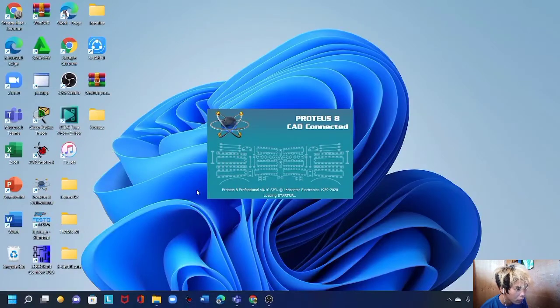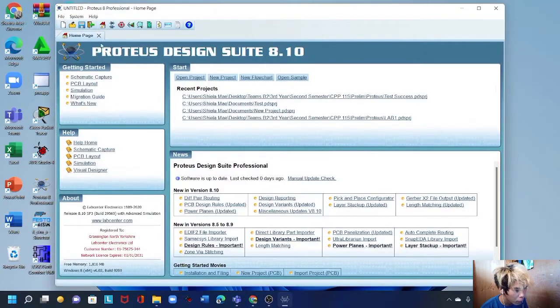And now, since we are done with the installation of Proteus, we will now proceed with the opening of the program. So here is how it looks like. This is the IDE of Proteus version 8.10. So this is the new project, and then we can also see this as the schematic capture, which we can directly create a layout, and then we can also open a project as well. We also have a tab here,